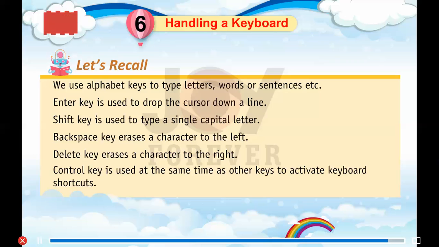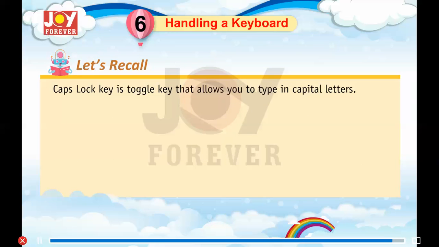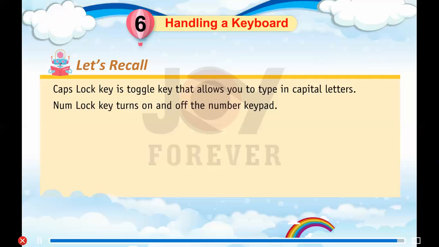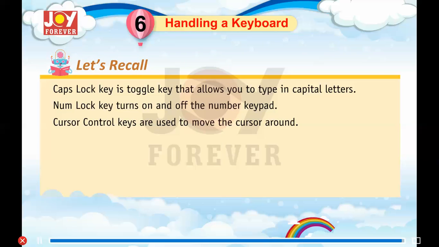Control key is used at the same time as other keys to activate keyboard shortcuts. Caps lock key is a toggle key that allows you to type in capital letters. Num lock key turns on and off the number keypad. Cursor control keys are used to move the